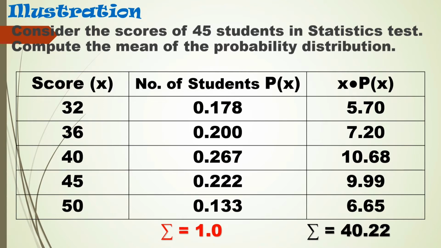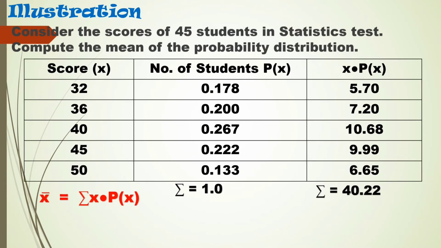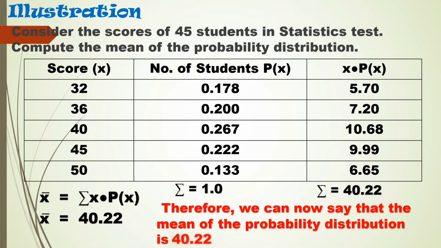The formula for the mean of the probability distribution is x bar equals the summation of x times P of x. And since the summation of x times P of x is 40.22, therefore, we can now say that the mean of the probability distribution is